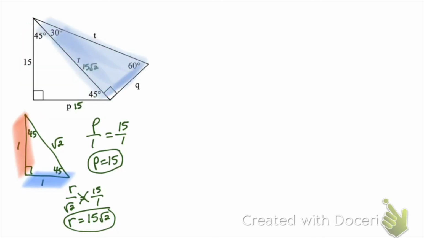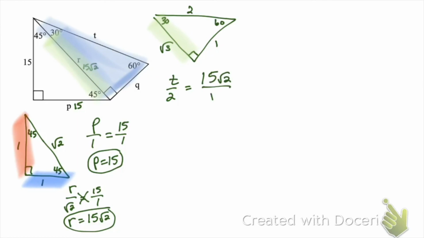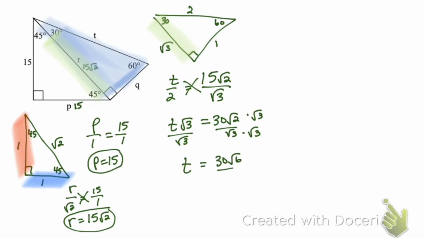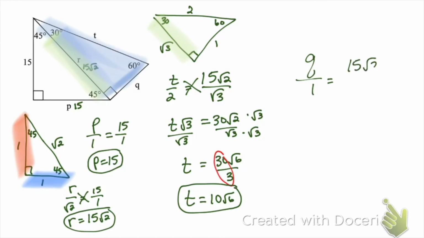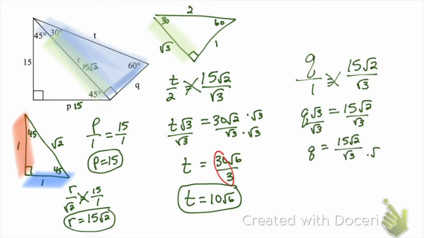So now let's draw our 30, 60, 90 special right triangle and start by solving for T. So we'll start by setting up our proportion and cross multiplying and solving. Again, we're going to have to rationalize the denominator. And our 30 and our 3 simplifies further, so we get 10 square root 6. So setting up our proportion for Q, cross multiply, solve. Again, we're going to have some rationalizing to do here. And we get 5 square